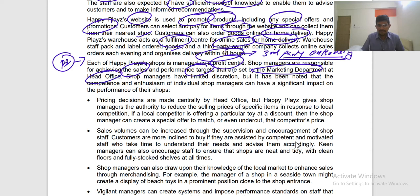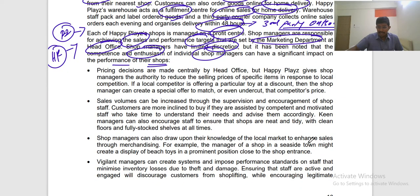Shop managers have limited discretion, but it has been noted that the competence and enthusiasm of individual shop managers can have a significant impact on the performance of their shops. So once again, it's related to HR, because when you're selling children's toys, you need to be very enthusiastic. You need to be kind. You need to be helpful. They will change their mindset anytime, but you need to have that. So there needs to be proper training and development within the organization to make sure the applications are very